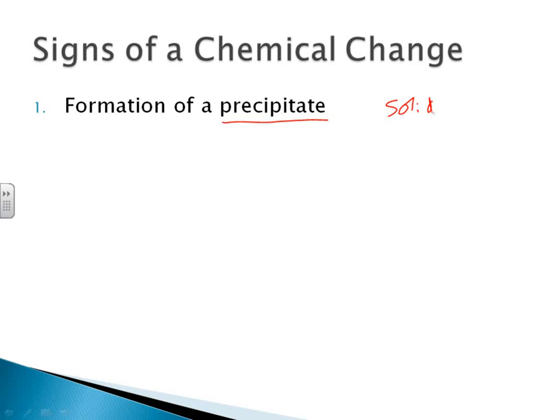Now, you will also see sometimes just cloud. If you have 2 clear liquids and you mix them together and they're cloudy, you also have a precipitate. It's just that the solid is suspended in the liquid and obscuring the light, which is why it looks cloudy. Okay. The other sign of a chemical change is formation of a gas, which is usually seen